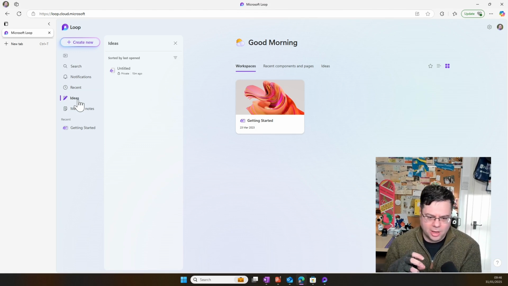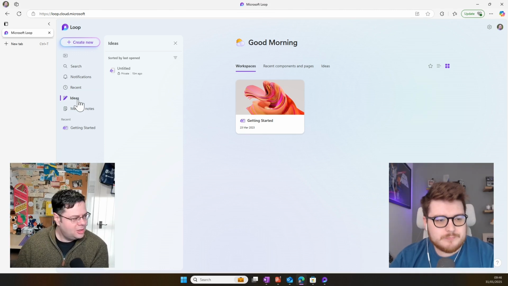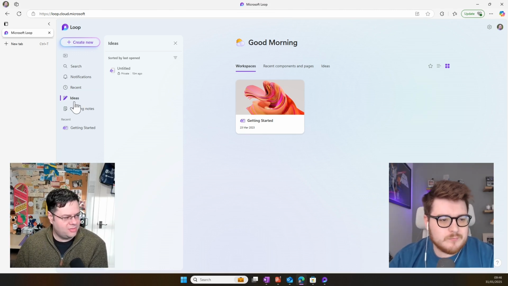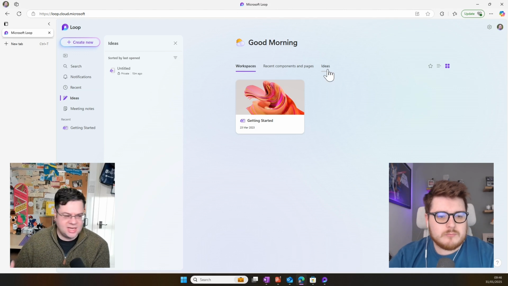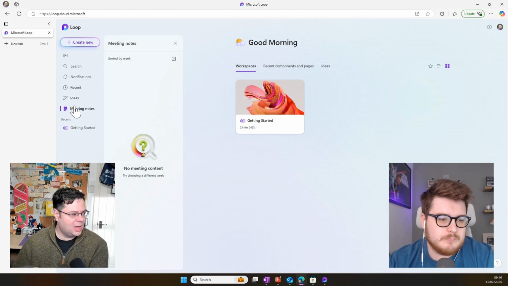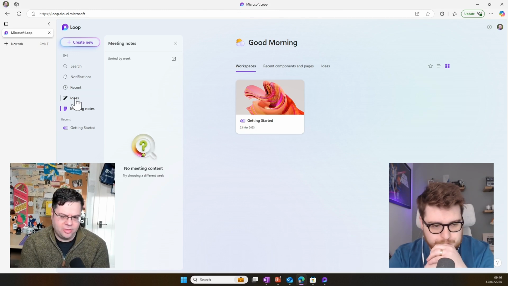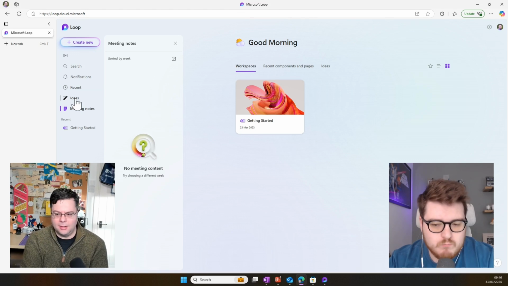So you have your normal OneNote notebooks and pages, and then you have sticky notes that are stored as part of your OneNote but separate. Loop seems to have a similar thing: a more fluid ideas space. And then, interestingly, we have a specific call out for meeting notes, because I'm right in thinking that Loop is the default mechanism for storing notes in a Teams meeting nowadays.